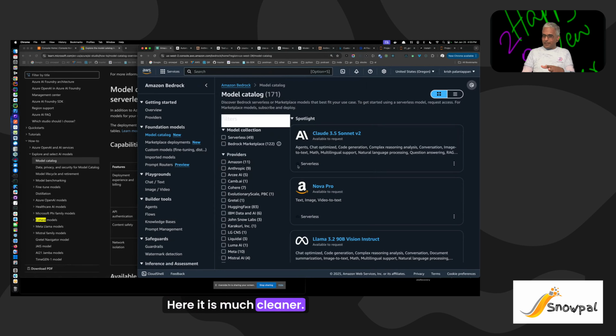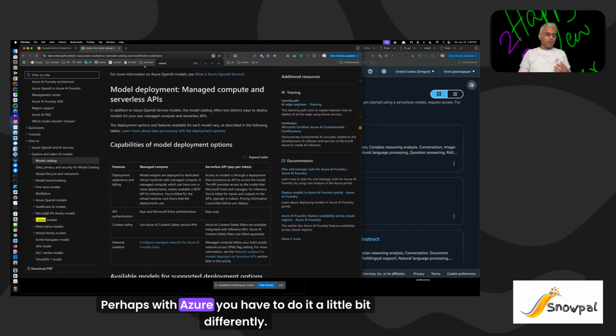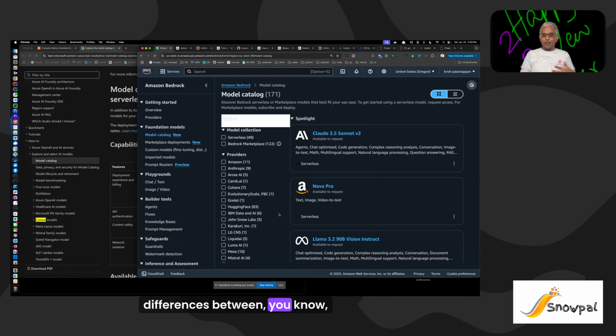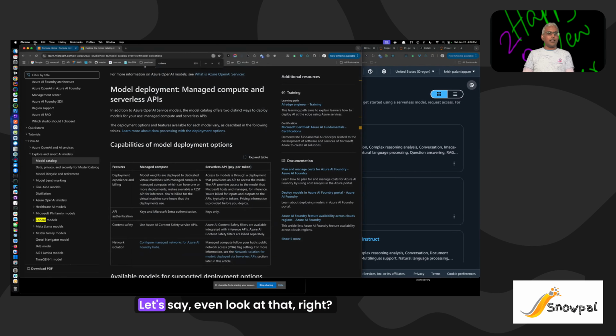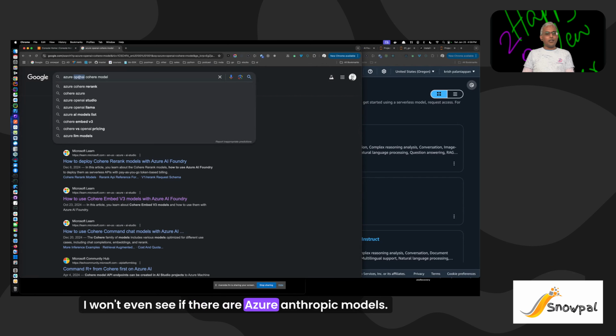Here it is much cleaner. I was able to see the catalog and start with the model. Perhaps with Azure, you have to do it a little bit differently. But for what it's worth, we see that these models are available on multiple providers. But there's going to be differences between, I don't know if all of the Anthropic models are available on. Let's even look at that, right? I want to even see if there are Azure